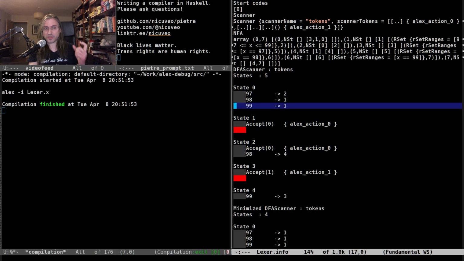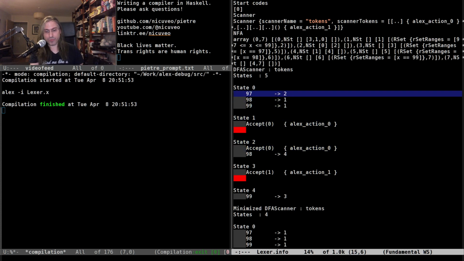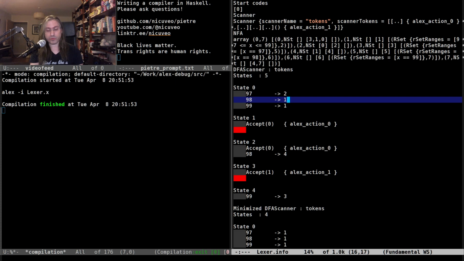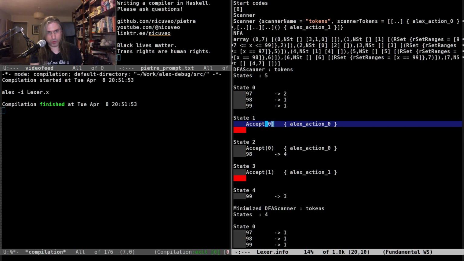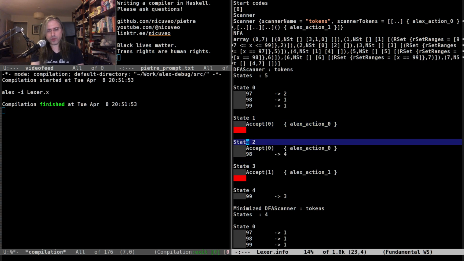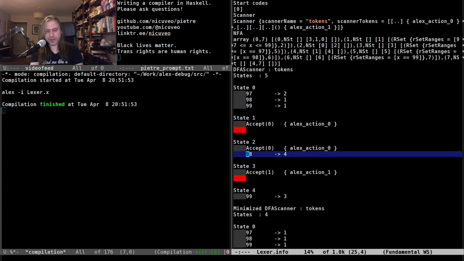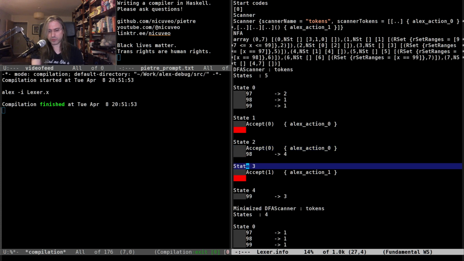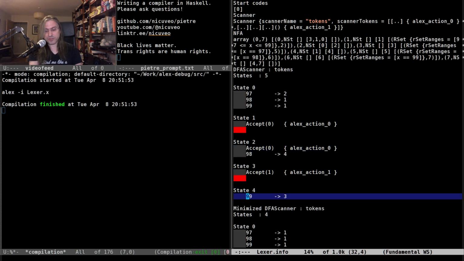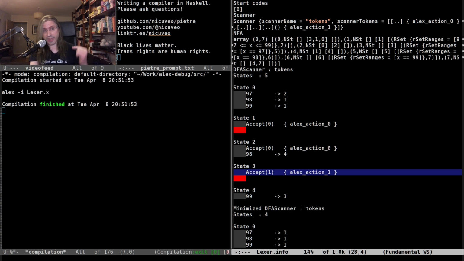So state 0 is our starting state. And when we find A, we go to state 2. If we find a B, we go to state 1. If we find a C, we go to state 1. State 1 is just we accept this current thing we're passing with action 0, which is the left constructor. And if we go to state 2, which is the one when we have matched an A, either we accept, and again, Alex will take the longest match, so if that's the longest match, that's the one we take. Otherwise, if we find a B, we can continue to state 4, and here, if we find a C, we can continue to state 3, where we have the accept for the other action, in this case, right ABC.